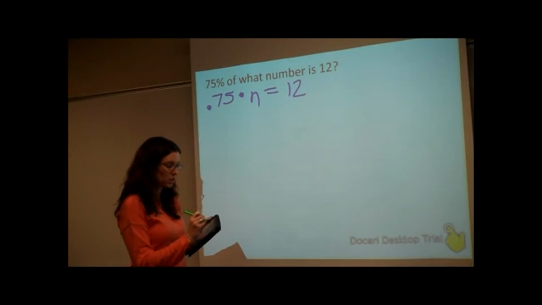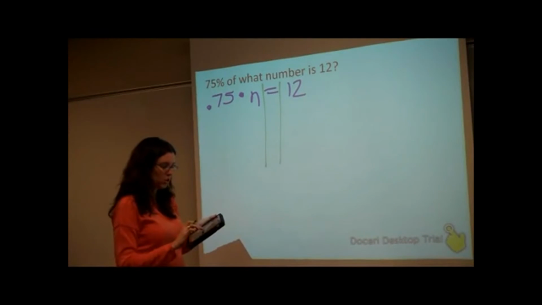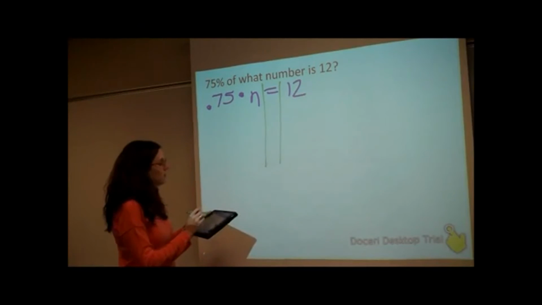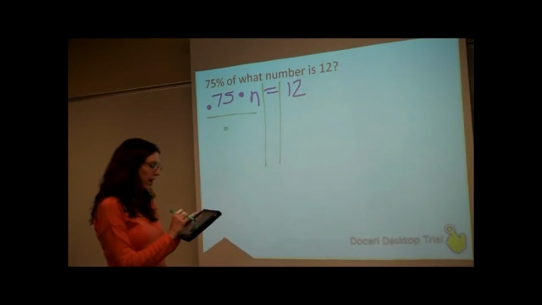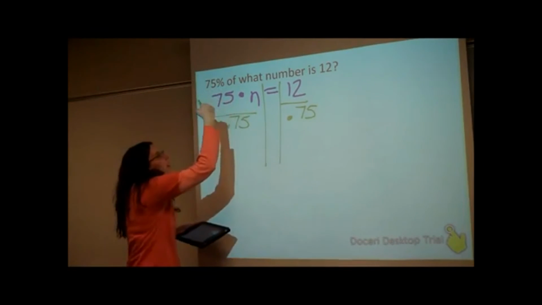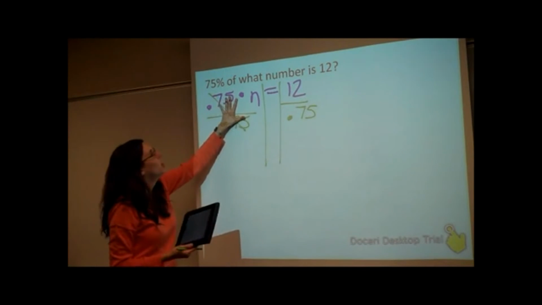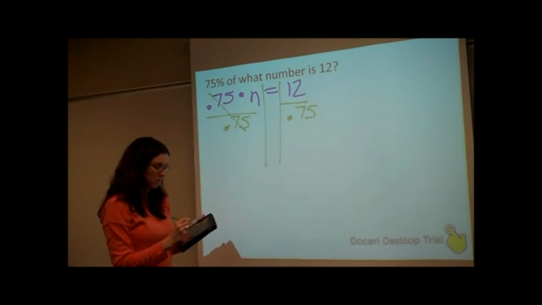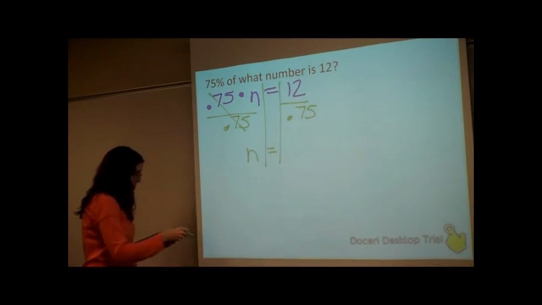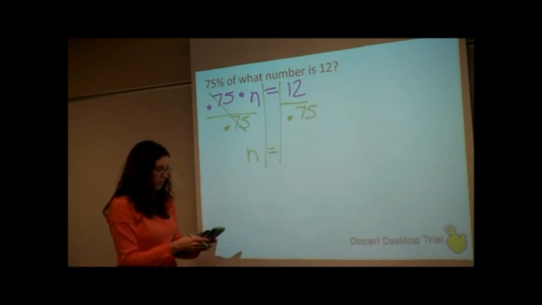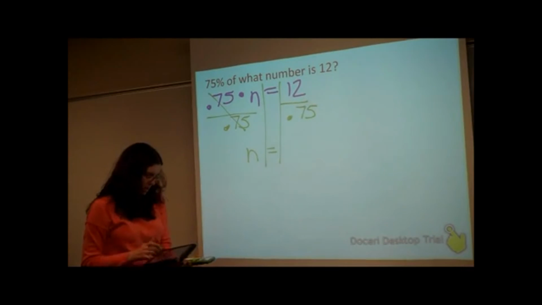So to solve this problem, if you want to do your backbone or your lines down, we want to divide both sides by 0.75. Because multiplying and then dividing by 0.75 cancel each other out. So on this side we're left with our n. Then figuring out what 12 divided by 0.75 is, it gives me